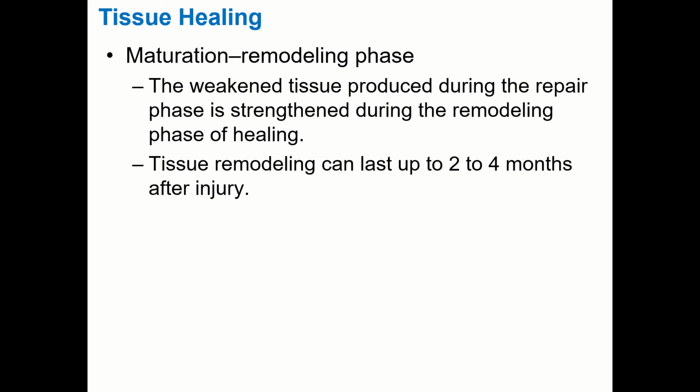And that type 3 collagen gets replaced by a stronger collagen, which is type 1. That happens during this maturation remodeling phase. And so later in the maturation remodeling phase, we're trying to get not necessarily maximal strength, but closer to the strength that they're going to need to perform their sport. And then we'll start having them do more sport-specific exercises, moving at the speed of sport, those kinds of things.